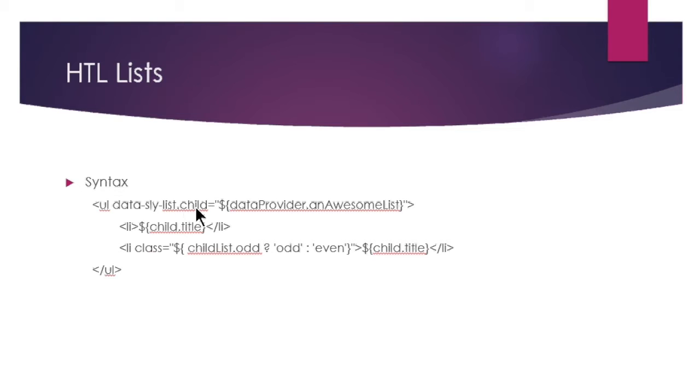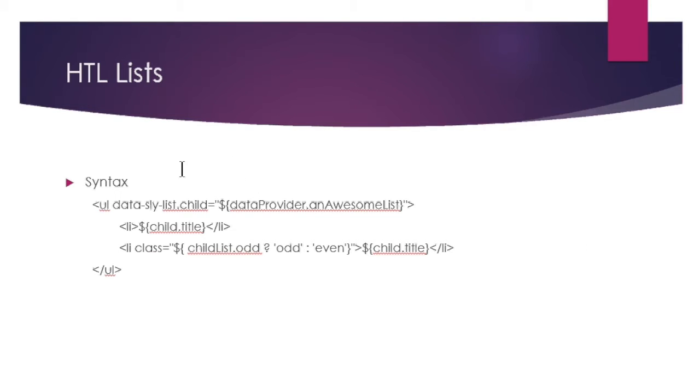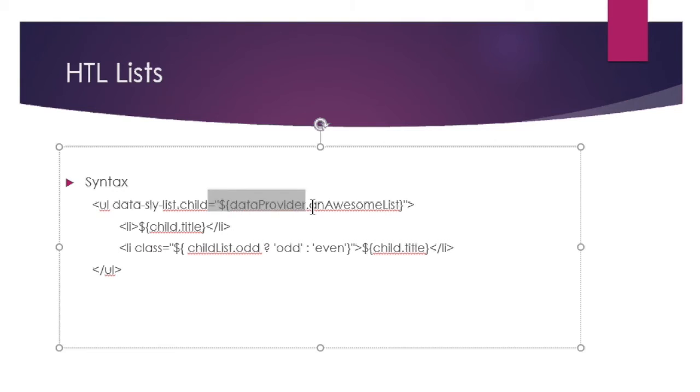Then you follow it by some sort of name or identifier for each element on the list that then you can use recursively. And then right here is where you make your call to the actual element or list. And then within the scope of these two UL tags, you can call this identifier,